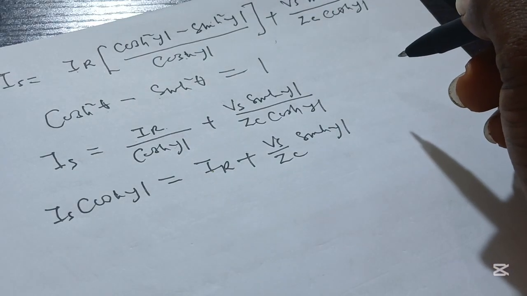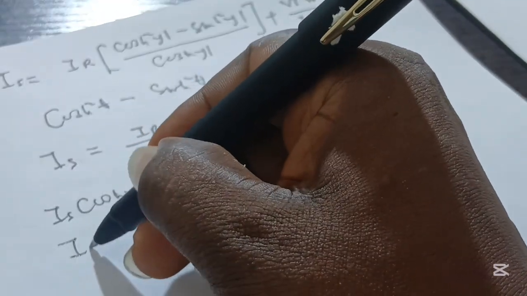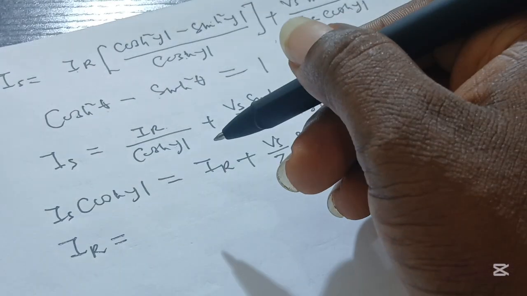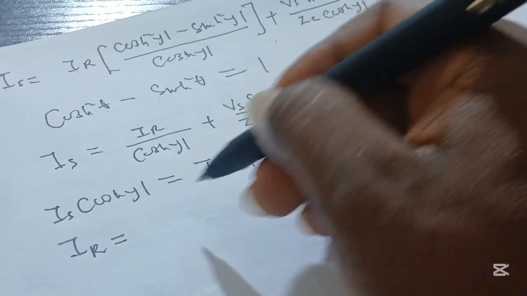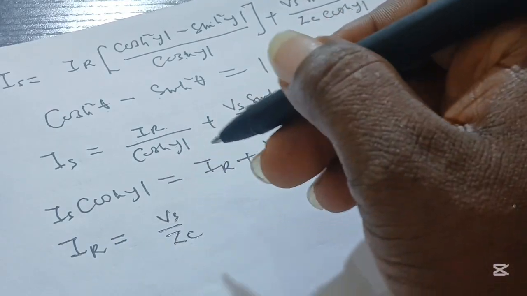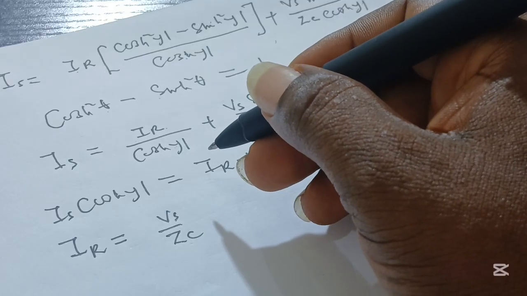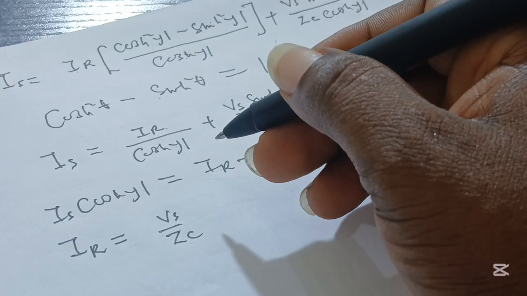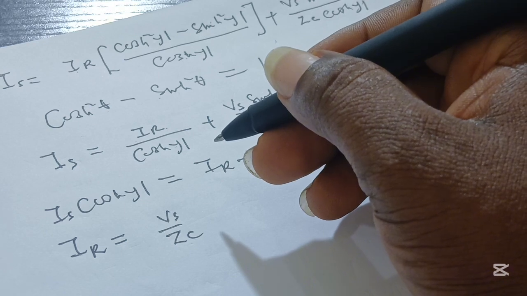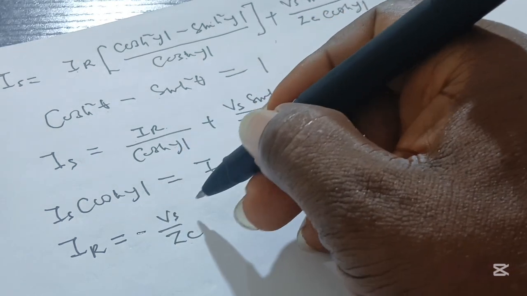So at this point, we can say that IR is equal to VS, that is minus VS sinh